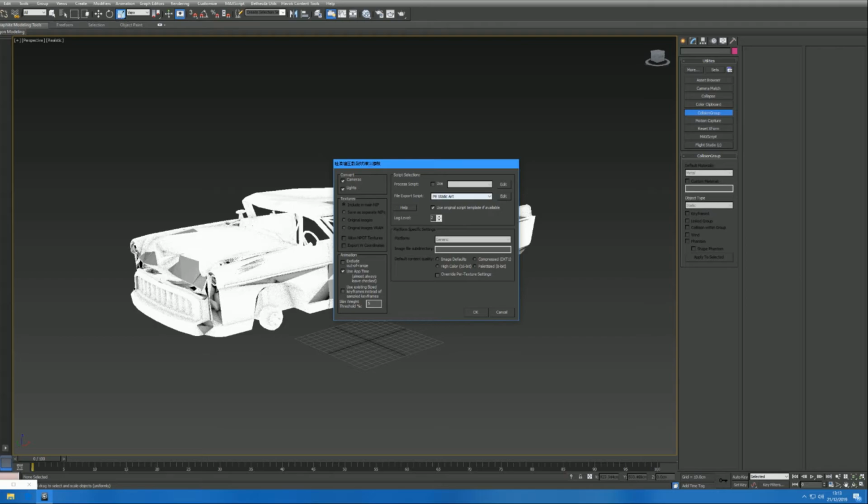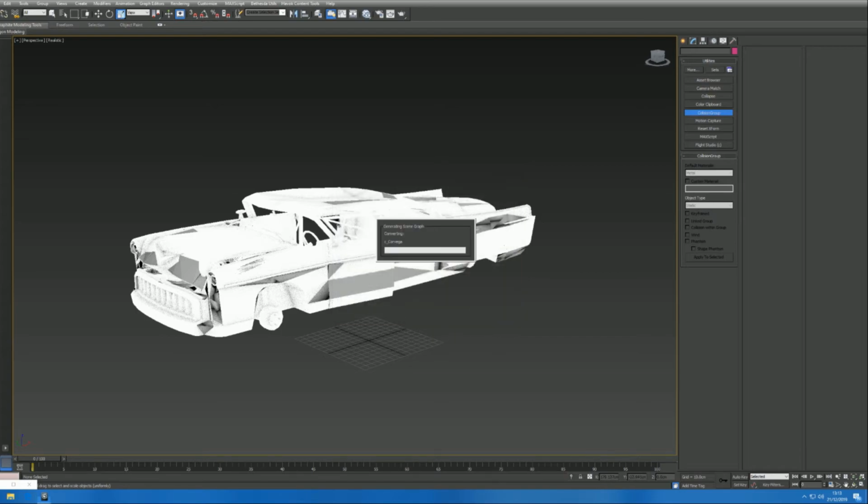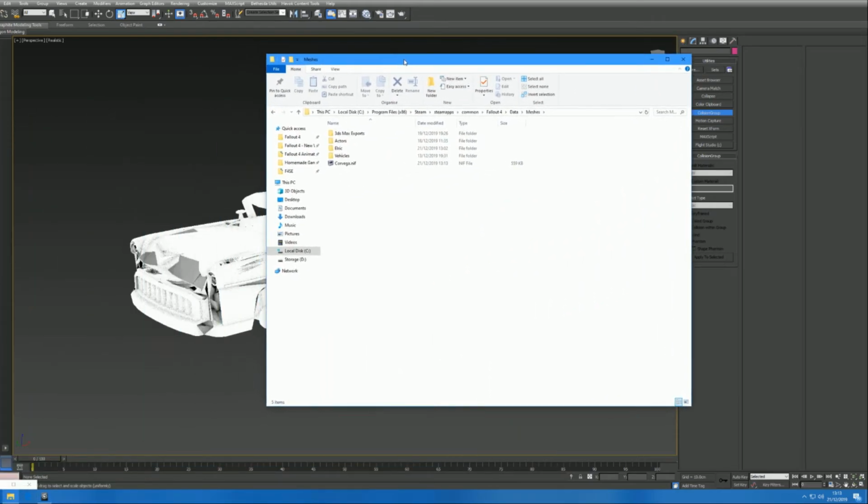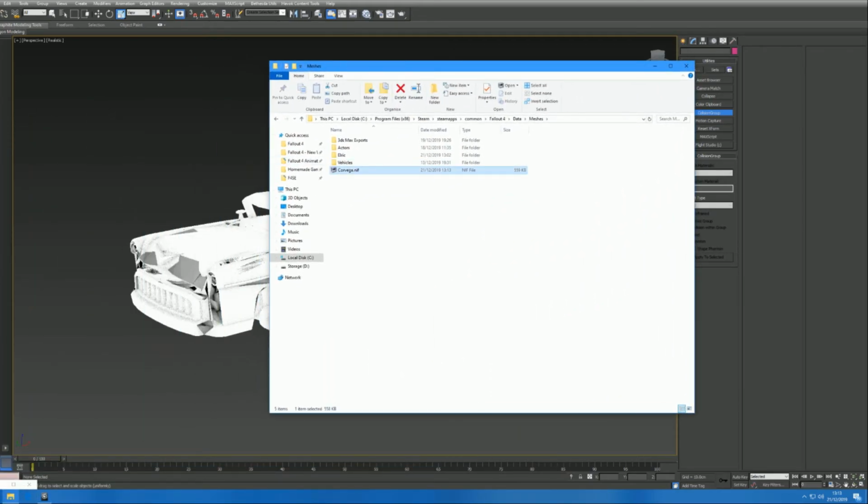Here is the main bit you need to change. The rest you can just use as default, but this you'll probably start at the top, but you need to scroll down to static art. If you needed an animated one, it would be this one up here. So if we go static art and then select OK, and that will have exported. So if I go back to my meshes folder now, here it is. So I can open that with NifSkope,